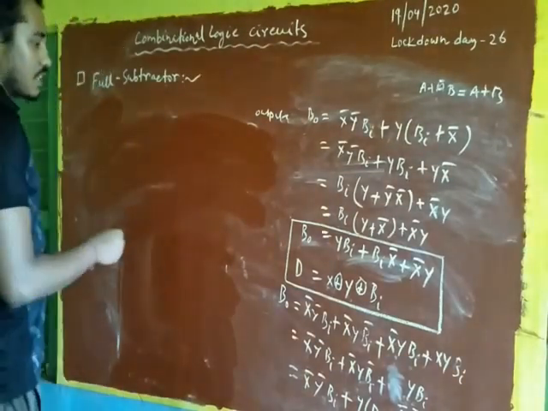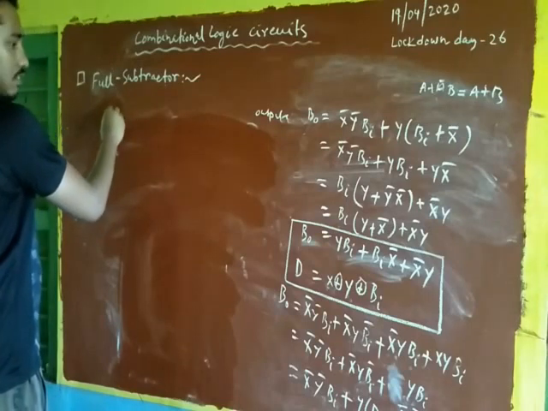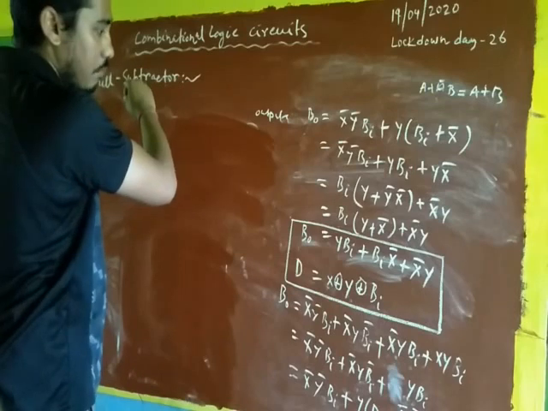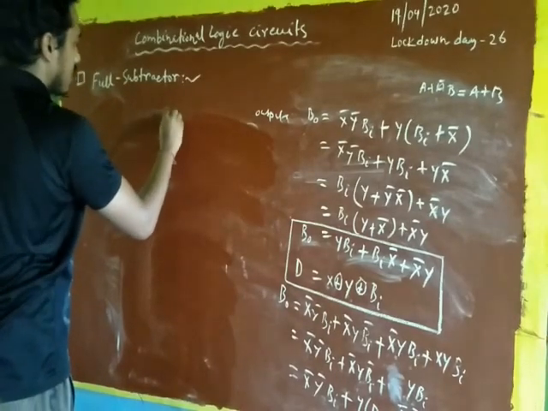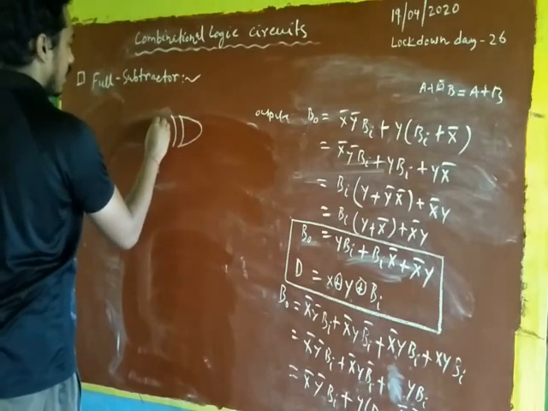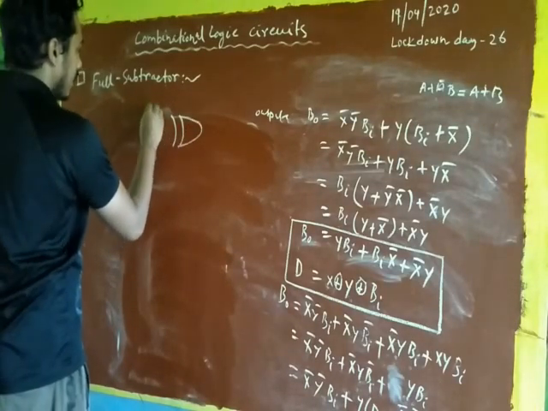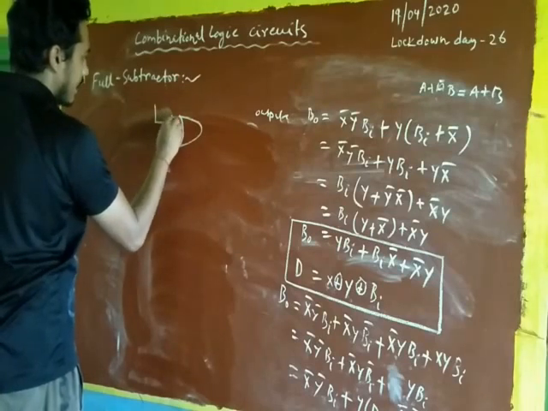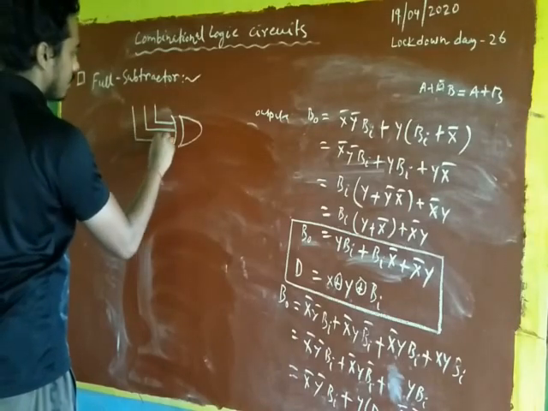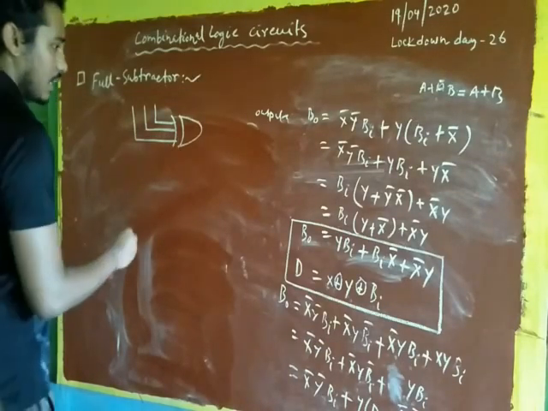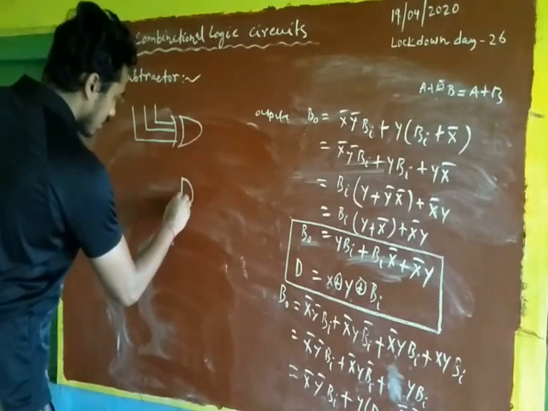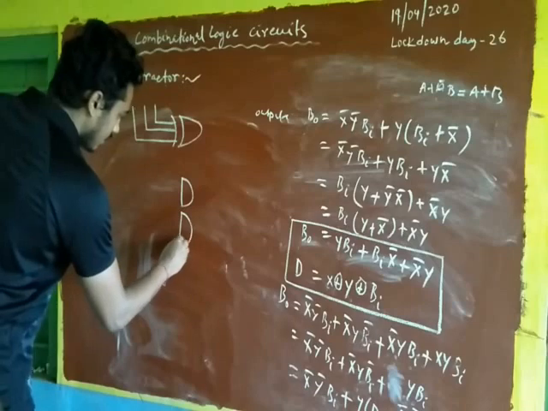Okay. So if we draw the circuit, that is for the 3 inputs X, Y and BI. Okay. So first drawing the XOR gate. That is for X, that is for Y and that is for BI. Okay. Now for this borrow out,